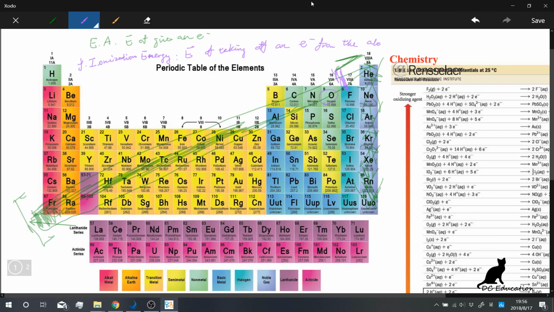Stuff like oxygen, fluorine, chlorine, they're obsessed with their electrons. They want more instead of wanting to give them away. So it's much higher on this side for the first ionization energy, and it's much lower on the other side, since these metals like